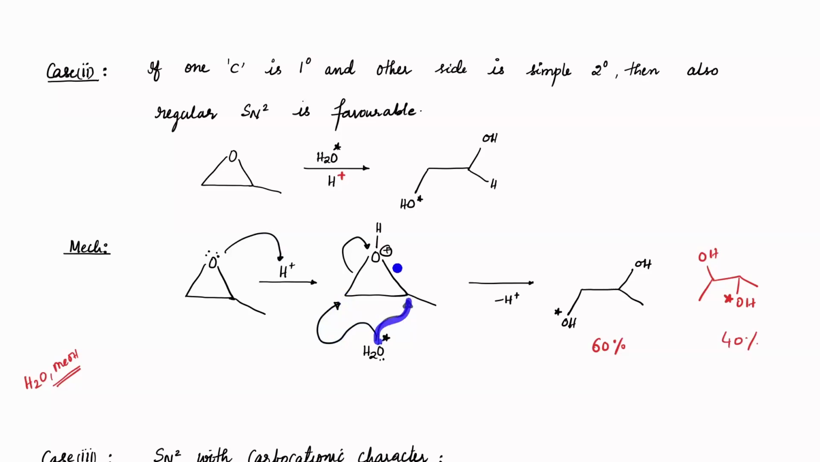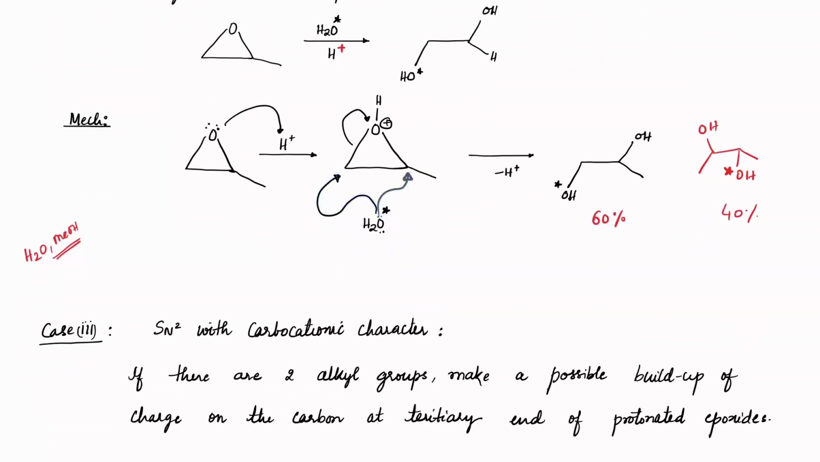This side it is still favorable because this bond breaking is easier. This bond breaking becomes more easy. Why? Because the methyl support is there, so that will help in breaking this bond more easily. That's why water can attack on both sides, and this is experimental data. You just have to learn that only in the case of water and methanol, you will